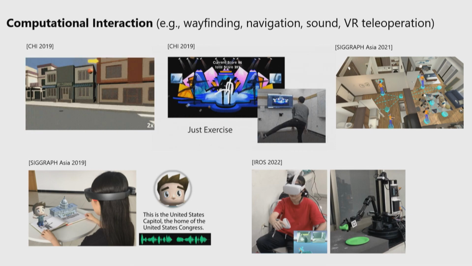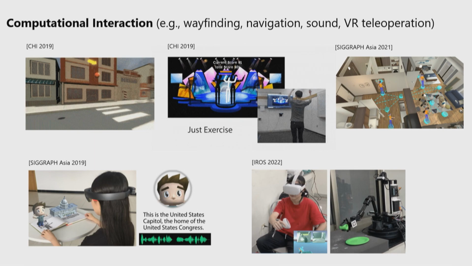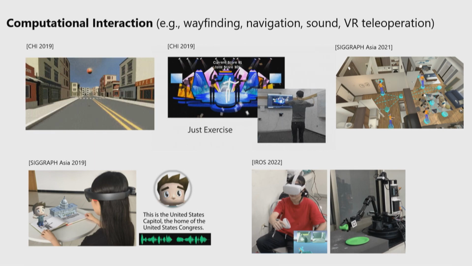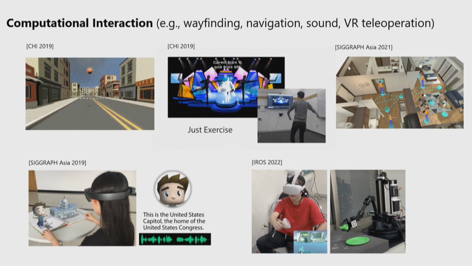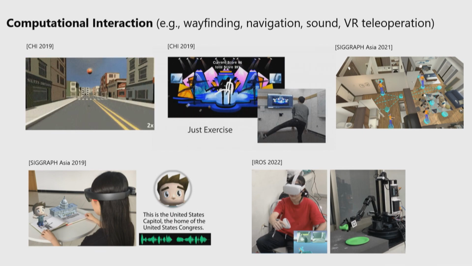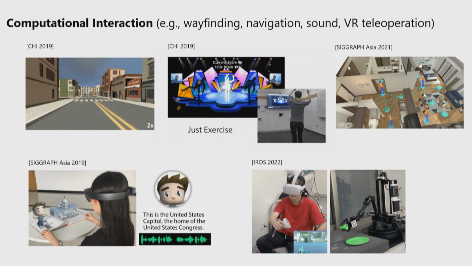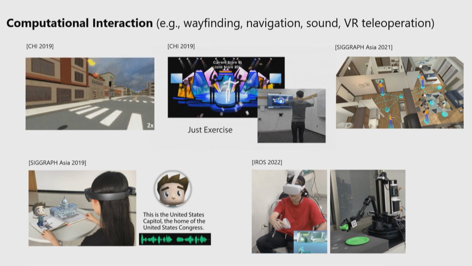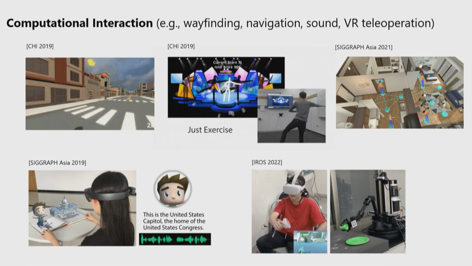And finally, another domain that we work on is computational interaction. So the major idea is that we formulate the interaction mathematically such that we can analyze the interaction between the human and the tool or the computer interface in a quantitative manner. And doing that gives us the ability, for example, to create interfaces or tools that are adaptive.